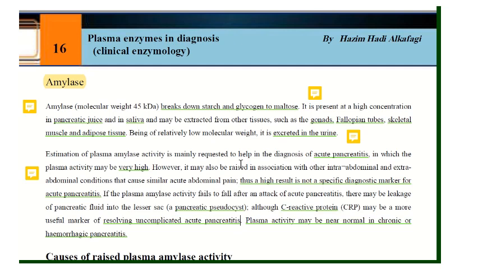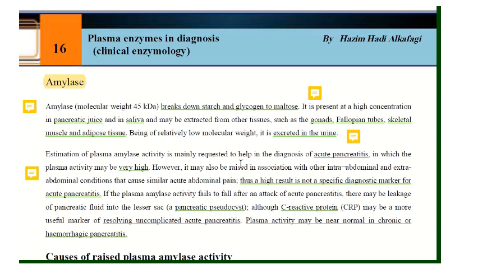in which the plasma activity may be very high. However, it may also be raised in association with other intra-abdominal and extra-abdominal conditions that cause similar acute abdominal pain. ولهذا, thus, a high result is not a specific diagnostic marker for acute pancreatitis. إذن